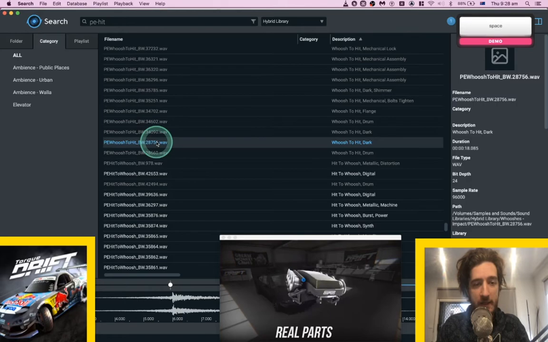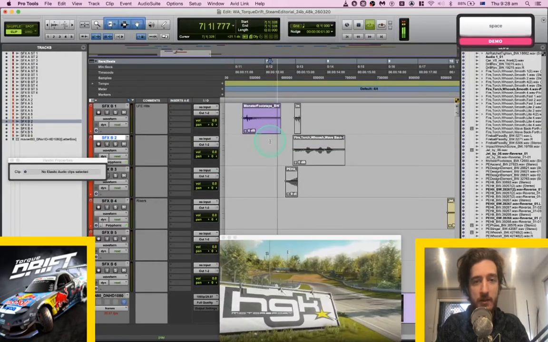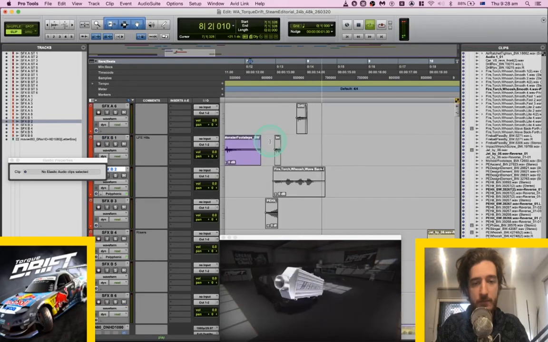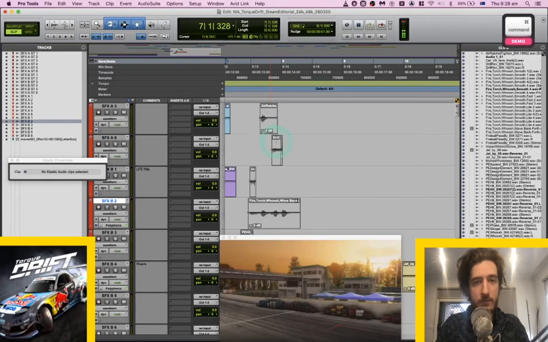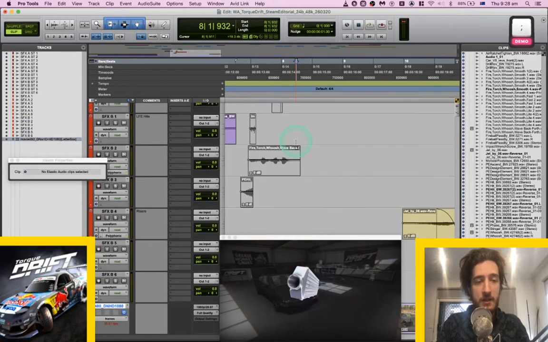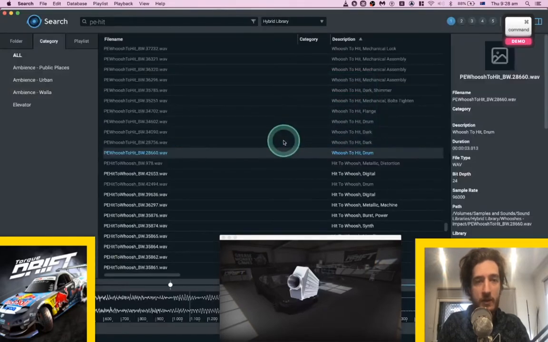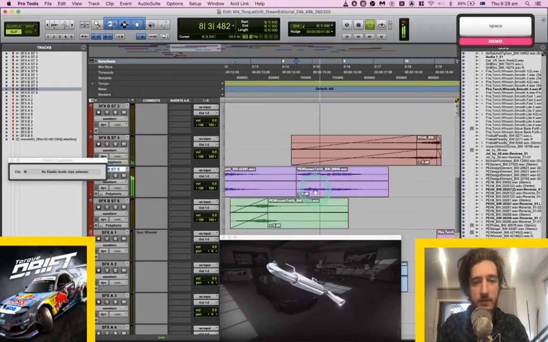I quite like these anti-hit things. Those ones where it's like whoosh and then yep. I think it's kind of cool to have that. I think I'm gonna drop one more sound effect in. That one.